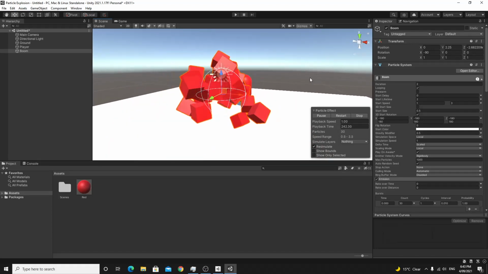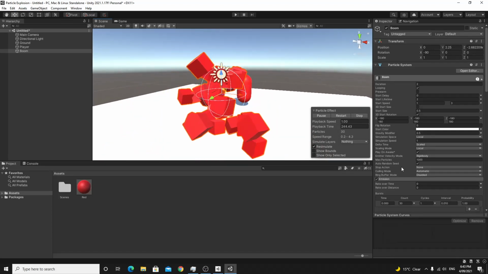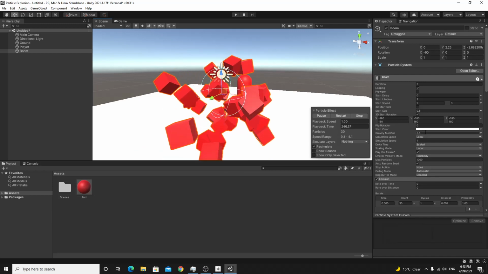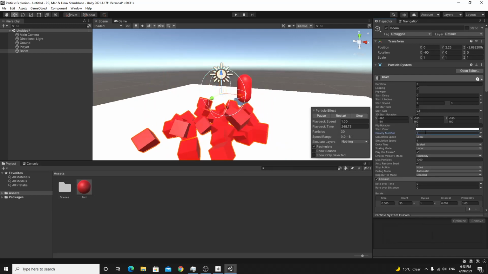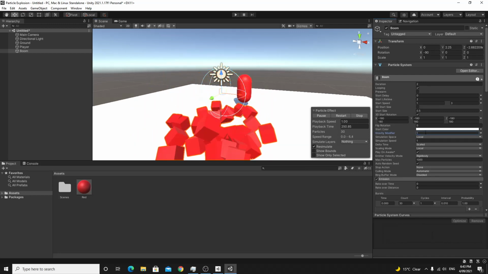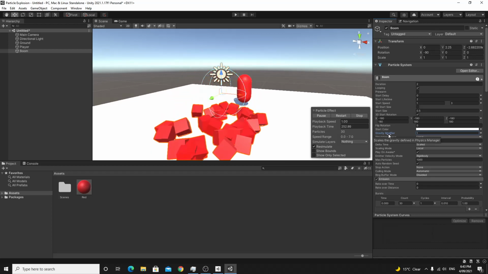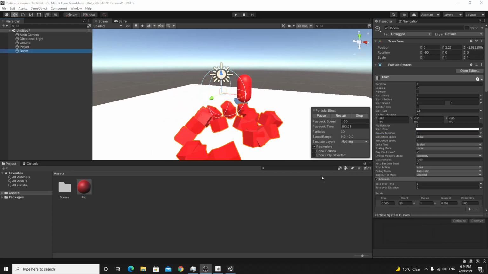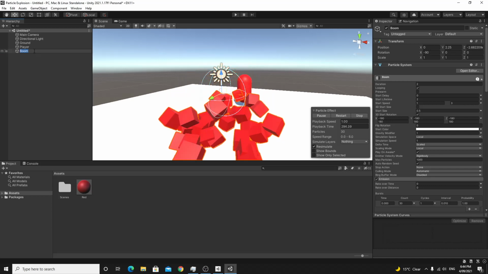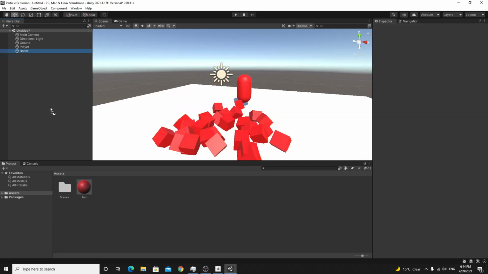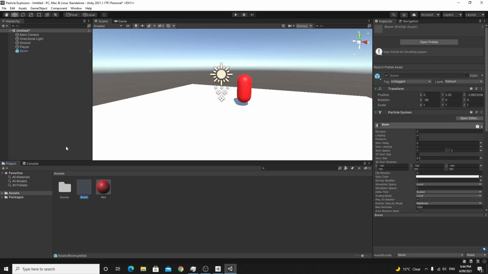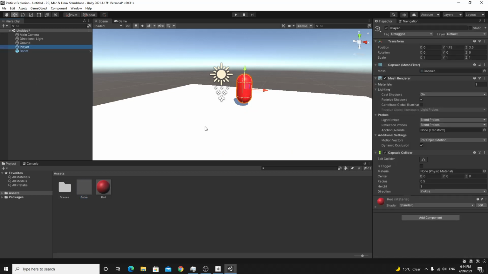Just maybe make the gravity look a bit floaty, so I'll make the gravity go up a little bit. So just that gravity modifier again, move that up to 1 so that they drop a little bit faster. That looks a little bit more realistic. So we're going to just turn this into a prefab now. So I'll just take the particle system, put it down into the assets, and then we're going to write a script on the player so we can instantiate that particle system,